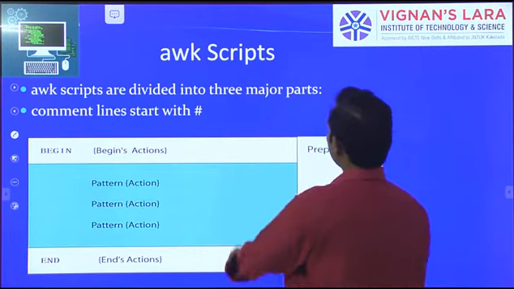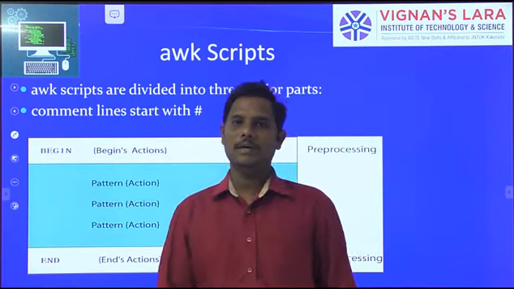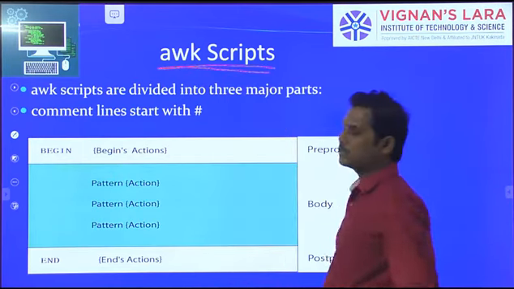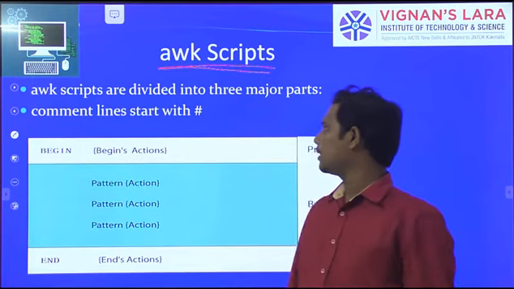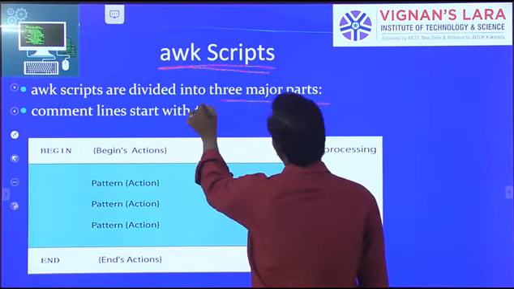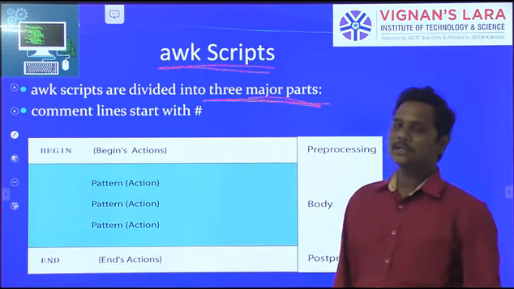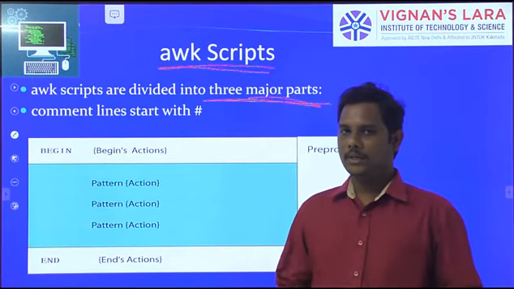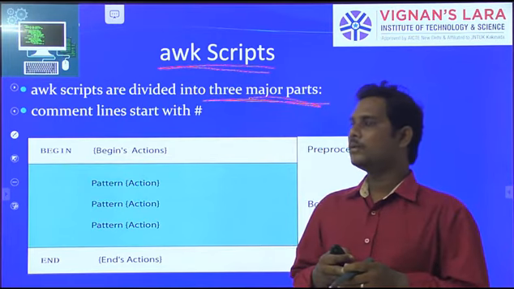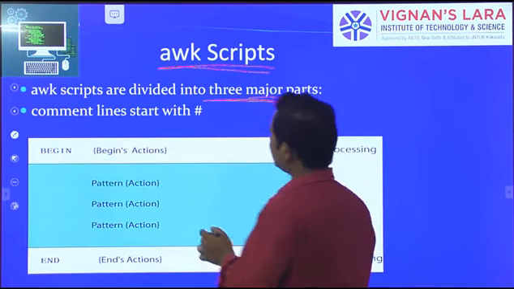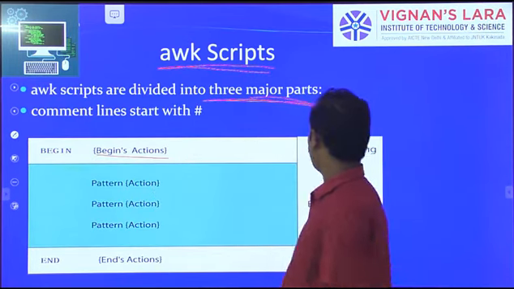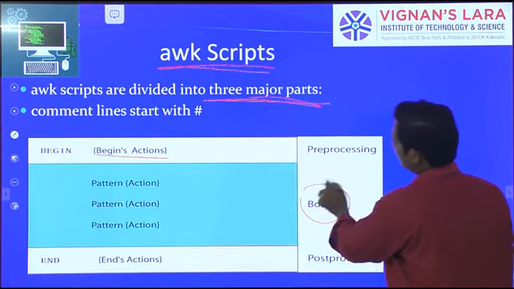AWK is a scripting language, I told you already. So how AWK scripts are executed: the scripting in AWK is divided into three major parts. The first one is the start of the body, the begin action. Next the body statement, then